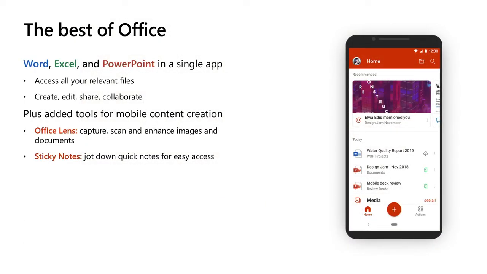The new Office app brings together the best of Office. It's Word, Excel, and PowerPoint all in a single app. It has all the capabilities of the three apps, so you can view all your documents, edit them, collaborate, and share. Whatever you used to do with the individual Word, Excel, and PowerPoint apps, you can now do with this single